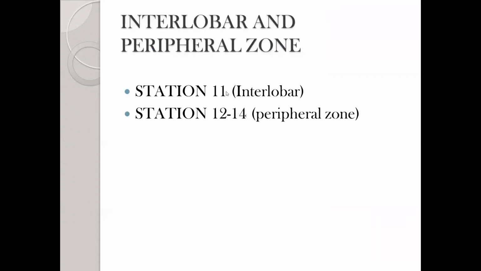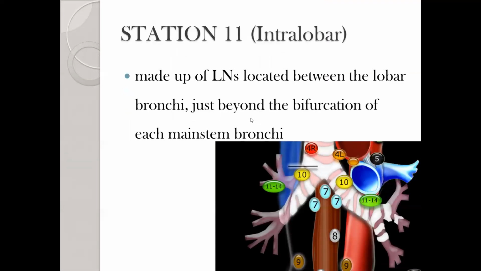The last zone is the interlobar and the peripheral zones. The interlobar zone holds station 11 lymph nodes, and the peripheral zone is station 12 to 14. Station 11 is made up of lymph nodes located between the lobar bronchi, just beyond the bifurcation of the mainstem bronchi. So 10 was located before the bifurcation started, and 11 to 14 are usually located right after the bifurcation of